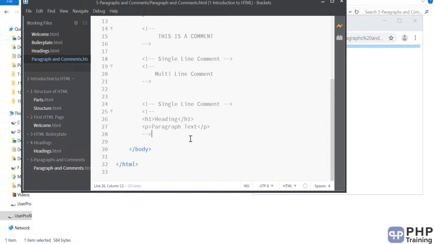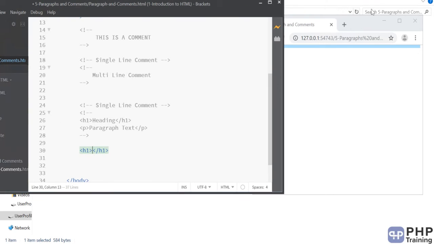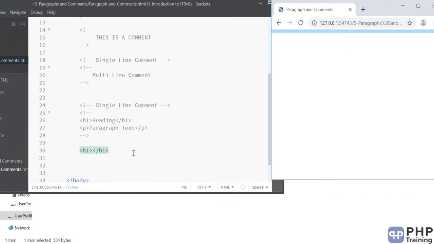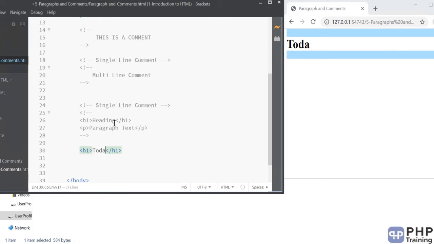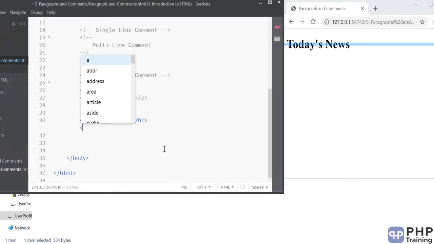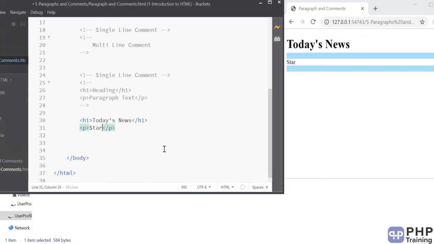Okay, so let's understand how to write a paragraph. For that, I'm going to use an h1 tag. You can see what I'm typing here. We'll see it in real time as well. All right, so let's create a news page. So we'll say today's news. Okay, we have the heading there, and I want to type some paragraph. I want to say start of an article. You see how it is appearing here as well, so you know how you should write your HTML page.